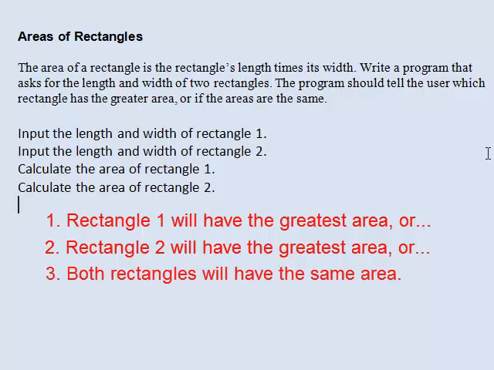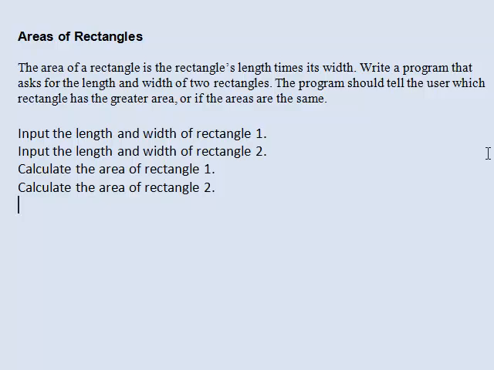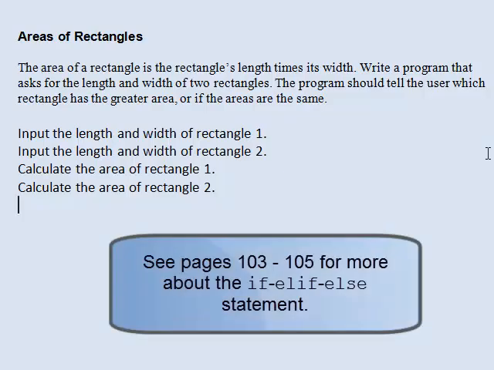Now to determine which of these is true, one approach will be to use an if-elif statement in our Python code. And that's the first approach that we're going to look at, and in my opinion that is the